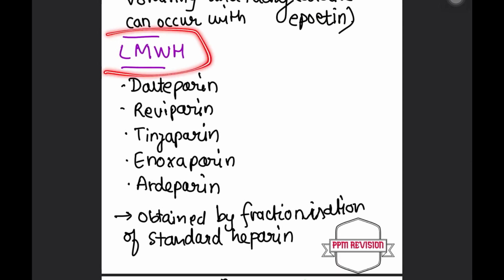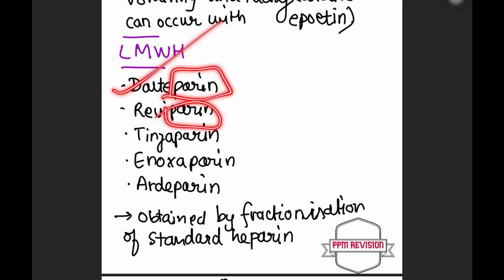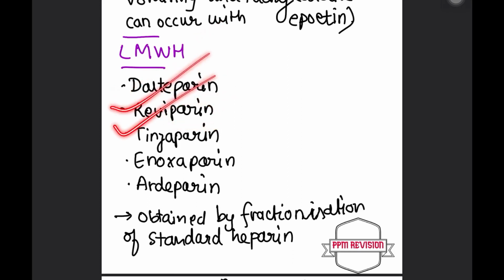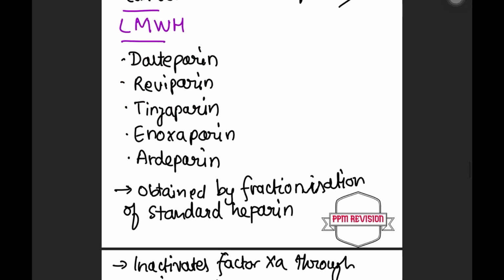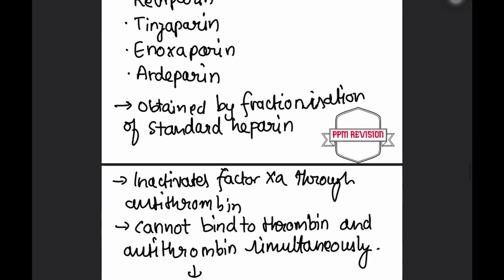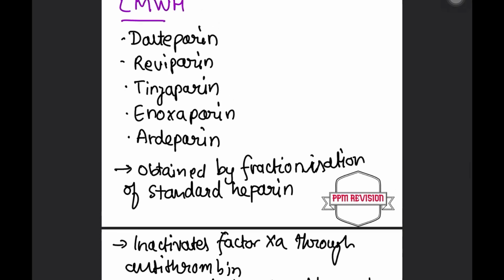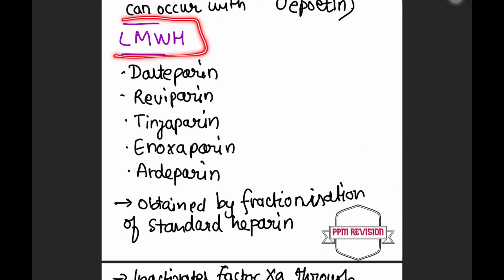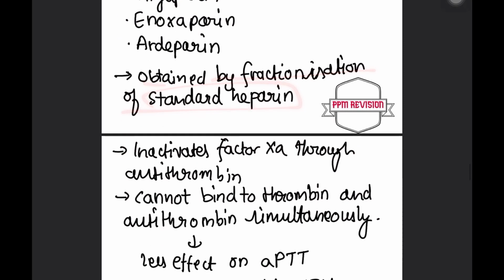And talking about LMWH, that's nothing but low molecular weight heparin. We have all the parents, that is dalteparin, reviparin, tinzaparin, enoxaparin, nadroparin, and a few other drugs are also mentioned in the classification above. And moving ahead, how is LMWH obtained? It is obtained by fractionation of standard heparin, and also what happens is it inactivates factor